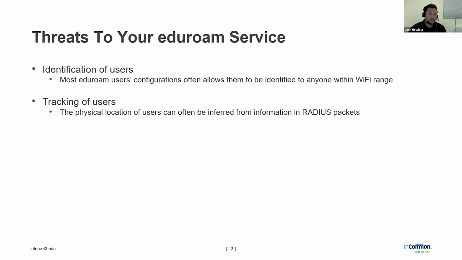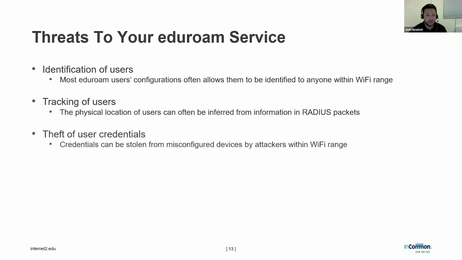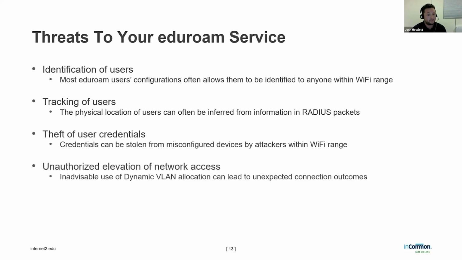Parallel to that, it's also surprisingly easy to track users as well, which is to say their physical location. That could be inferred from information in radius packets. Third, there's also the risk of theft of user credentials, where user credentials are stolen from misconfigured devices. Fourth, there's a possibility of unauthorized elevation of network access, where users are given